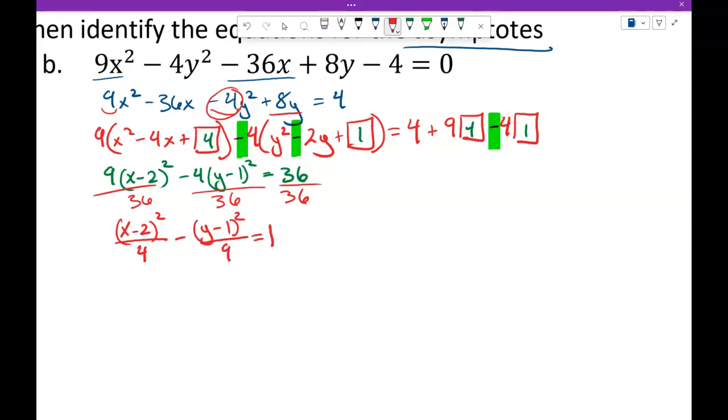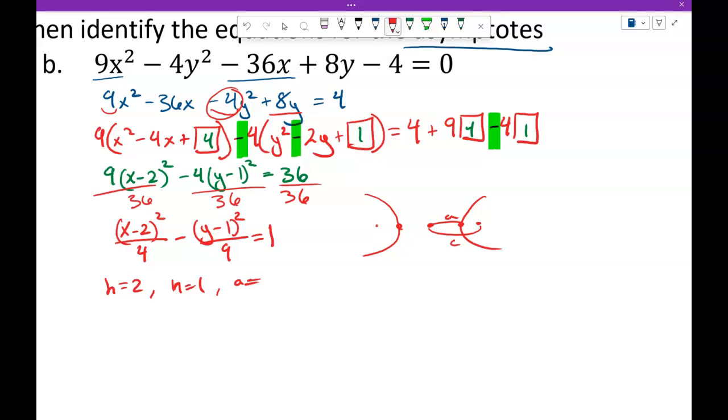And then again, we look at the shape of our hyperbola. Since x is first, it's a horizontal axis again. We know the distance to the vertices will be left and right, a number of units. Our foci will be left and right, c number of units. Looking at our equation, h equals 2, k equals 1,